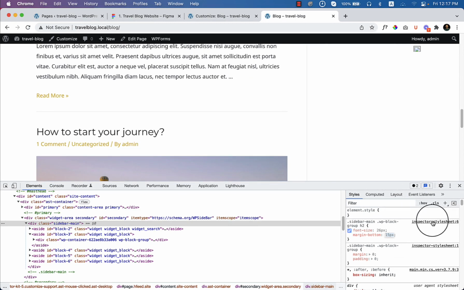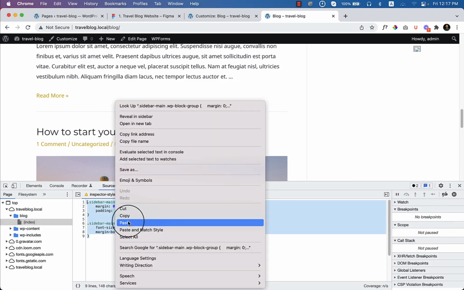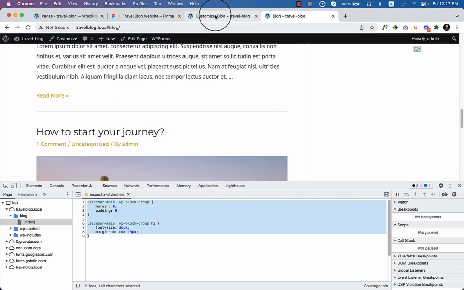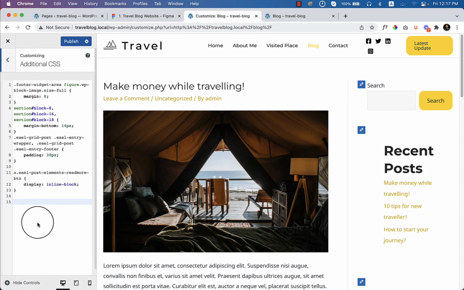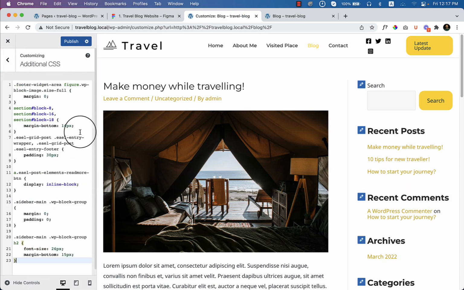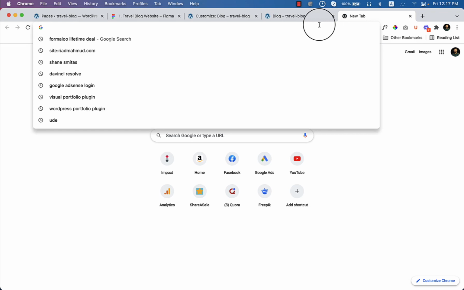So I would like to copy the text from here. Just copy and paste it here, in Additional CSS. So you can find all the CSS, all the custom code based on this tutorial on my